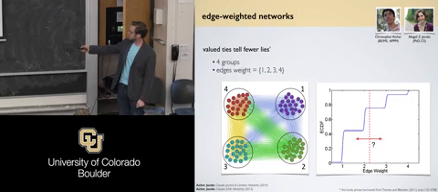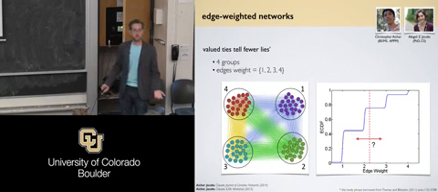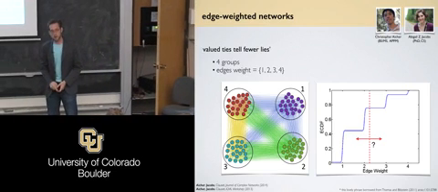So that means we're going to take this empirical distribution. This is the distribution of edge weights. We're going to move this line back and forth, choose a point, and then anything to the left of the line we call a 0, anything to the right we call a 1. That's what thresholding does. So if we do this and then apply something like the stochastic block model to it,